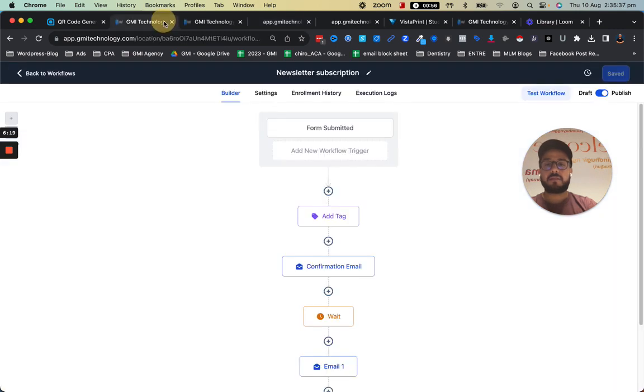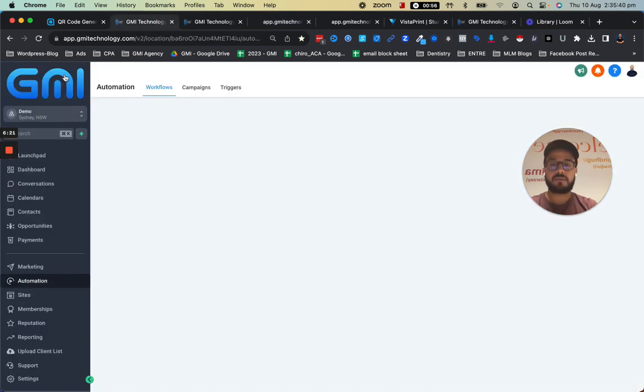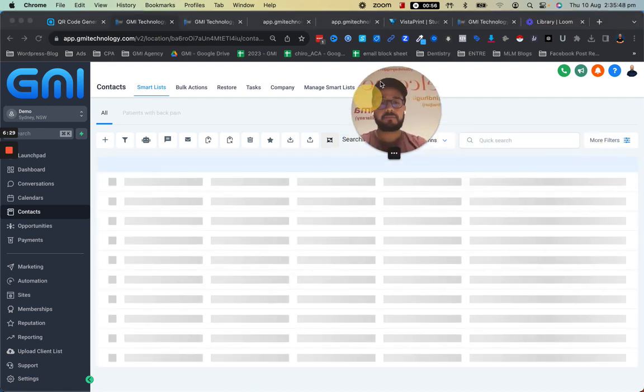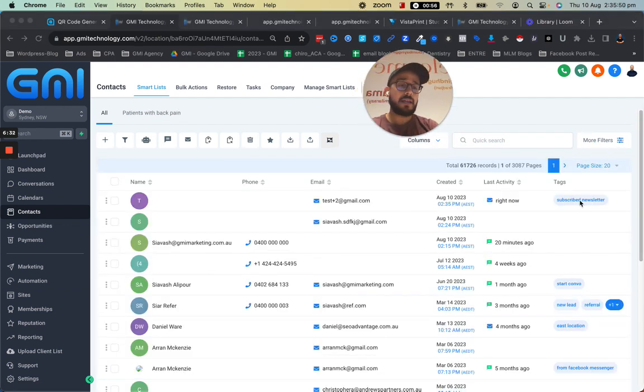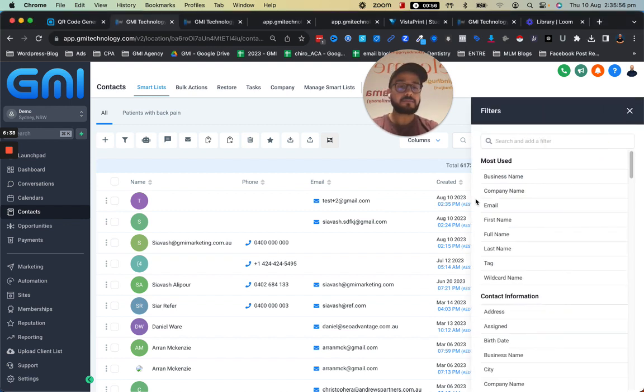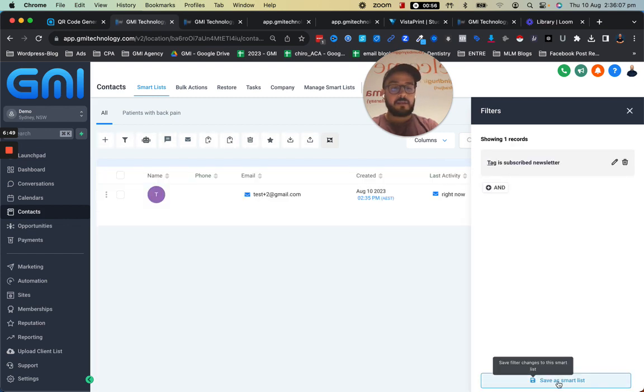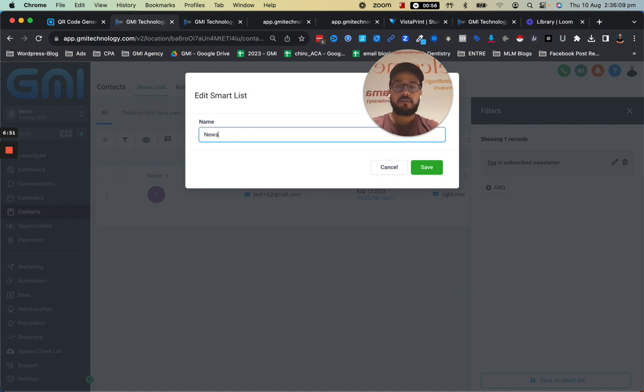And now if I go back to the platform, a couple of things are going to happen. So if I go back into the contact section, first of all, we're going to see that contact has been added. There you go. And as you can see, it says subscribe newsletter. So we have that tag, which I can go to filters. I can filter by tag and say if the tag is subscribe the newsletter, filter them out, and name the newsletter subscribers. I can hit save,